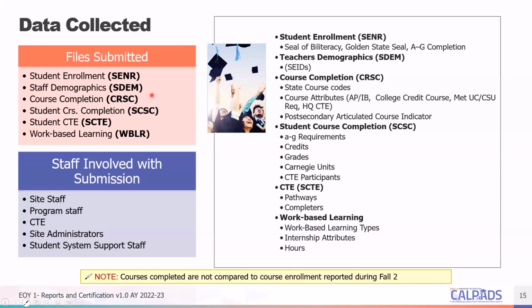The course completion or CRSC file is used to submit course completion data, including state course codes and course attributes for all departmentalized courses that students complete during the academic year. The student course section completion or SCSC file format is used to submit student course section data, including credits, grades, Carnegie Units, CTE, and A-G requirements for departmentalized course sections that students complete during the academic year and for which